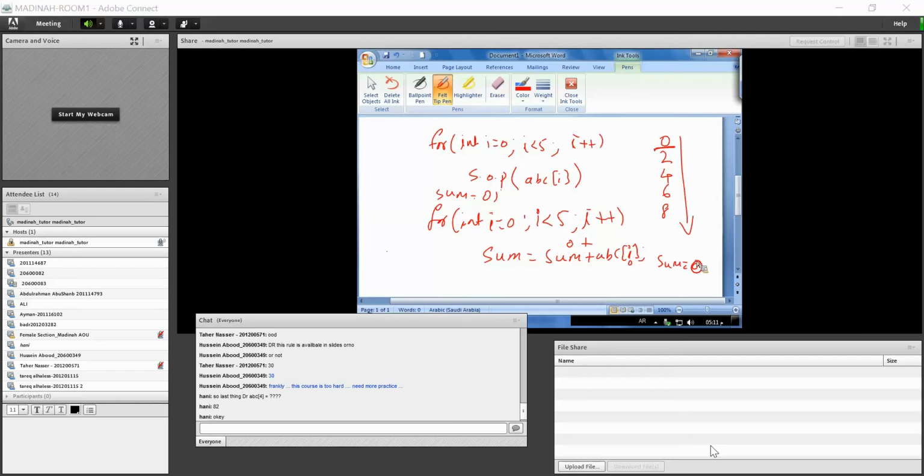Then again it will go, I becomes 1. So sum is 0, 0 plus ABC of 1. What is ABC of 1? This is 0, 1, 2, 3, this is 4. So it is 2. 0 plus 2, 2. Now sum is 2. Again it goes for I as 2.